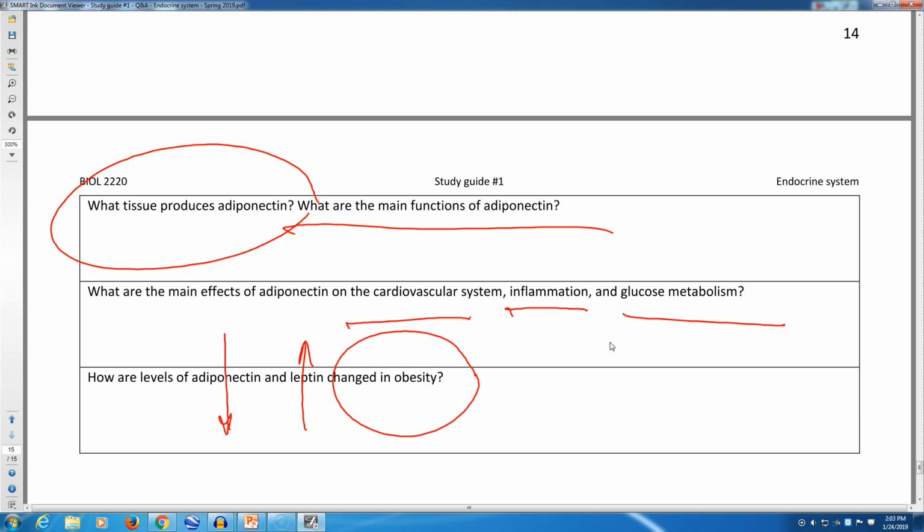Before we wrap it up, any questions? Very specific questions on the study guide. If not, then